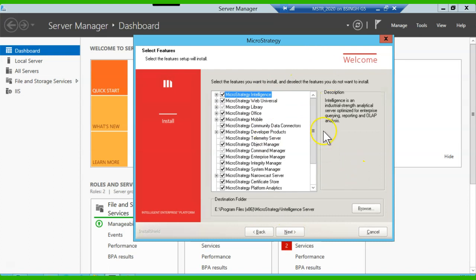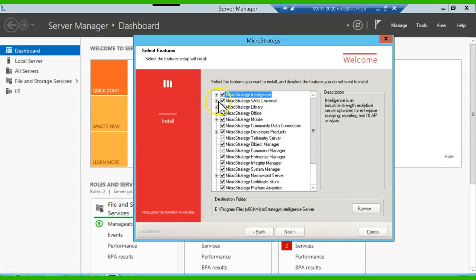So here are the options. A lot of options you can see here. The intelligent server, your web server, your library server, your office, mobile, community, developer tools, telemetry server. Huge number of features you can see here. So as we are going to install on the single box, let me show you, this is the intelligent server, so you have to select all the options here.